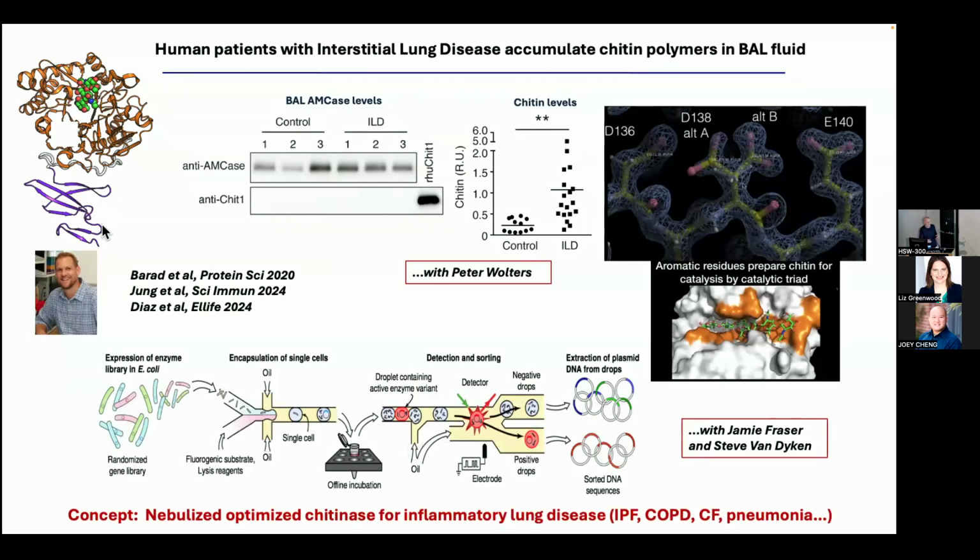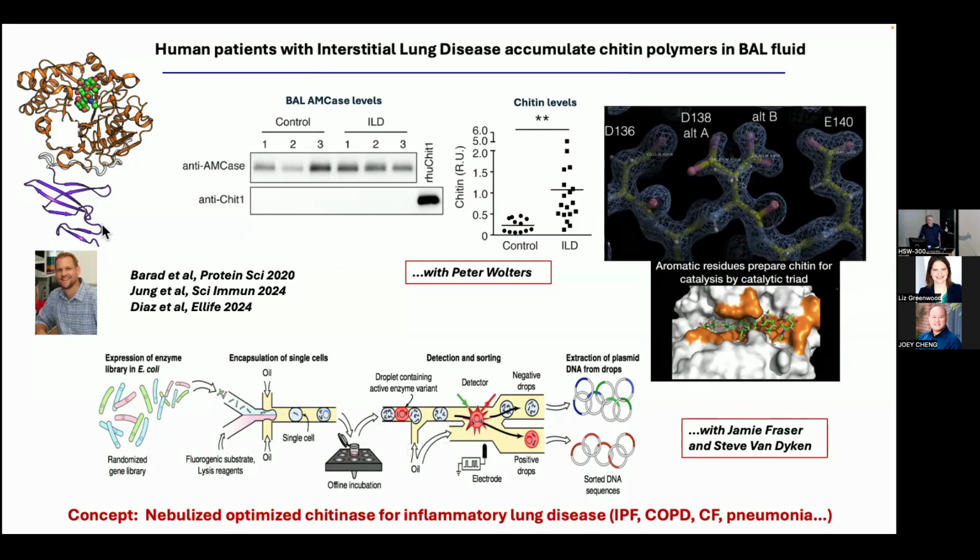So I'll just tell you a brief aside with a fun interaction we had with Jamie Fraser's lab. Anybody who's worked with Jamie knows it's always a fun interaction. And Jamie and Steve, we continue to all kind of work together on this. Two students of his, Ben Barad and Robbie Diaz, worked very hard to mutagenize chitinase and then pass it in a droplet system through a fluorescent N-acetyl glucosamine fluorescent dimer that we could split and quantitatively pick better chitinase. Humans don't have very good chitinase. As you get away from the ground, it's even worse chitinase than mouse has. And then reiteratively express better chitinase.